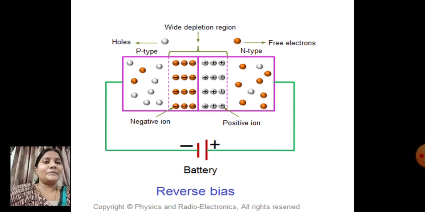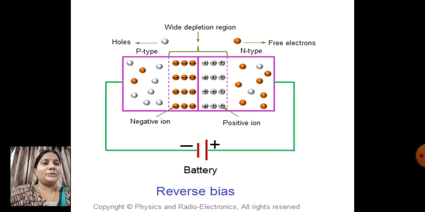Clear? So we can simply observe that whenever we connect a reverse bias condition to this p-n junction diode, in both p-type and n-type sides, majority charge carriers will reach the battery and minority charge carriers are crossing the